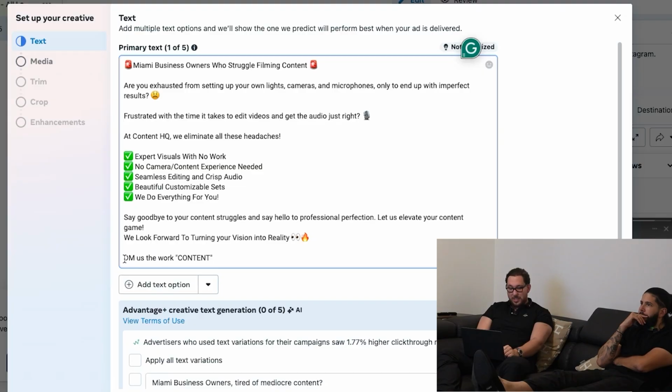One of the things you can say is, if you don't want to have a direct scarcity component, you can say DM us the word content for more information. DM us the word content. Actually, can we just DM the word studio? Perfect. I still would add another point, which is like,